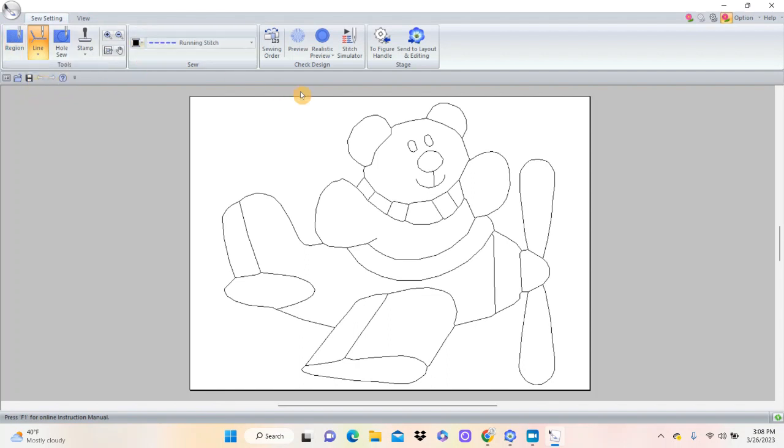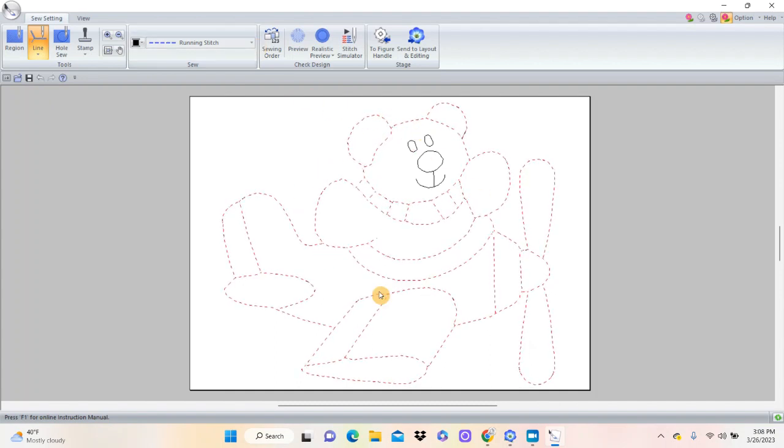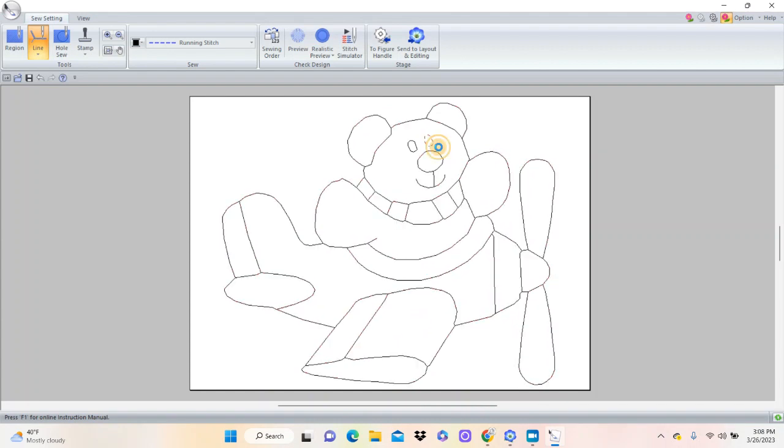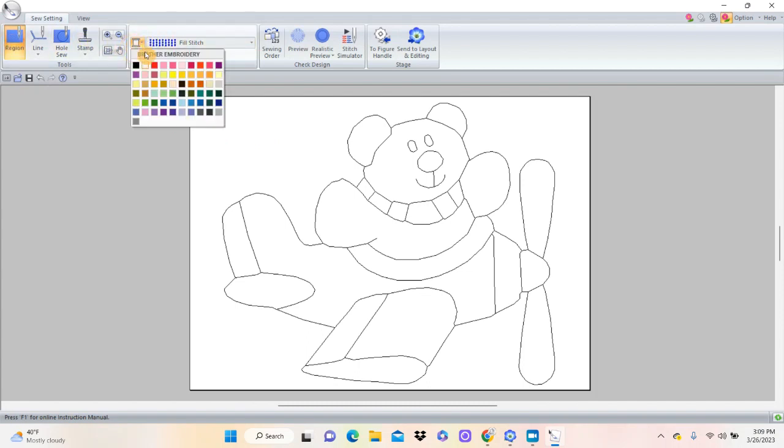I'm going to say I want that to be black, but I don't want it to be a satin stitch. I want it to be a running stitch. And then I'm going to click on it. See how everything turns red? That means it changed that to a black running stitch. And then each one of these, I'm going to click on those as well. And I changed those too. So now I'm going to hit the region fill. Region fill is a regular old fill stitch. I can click on the color and I can